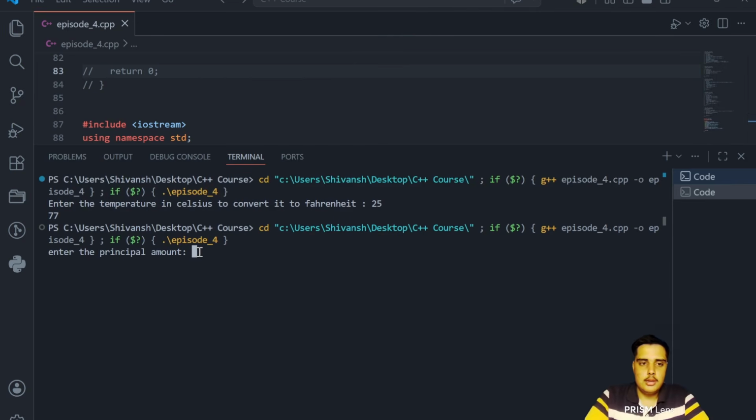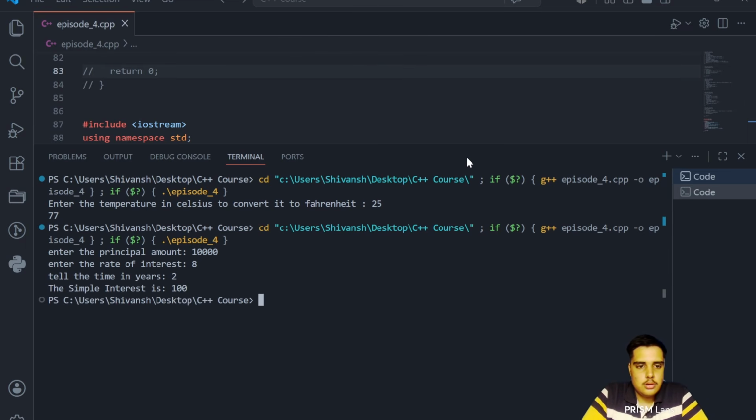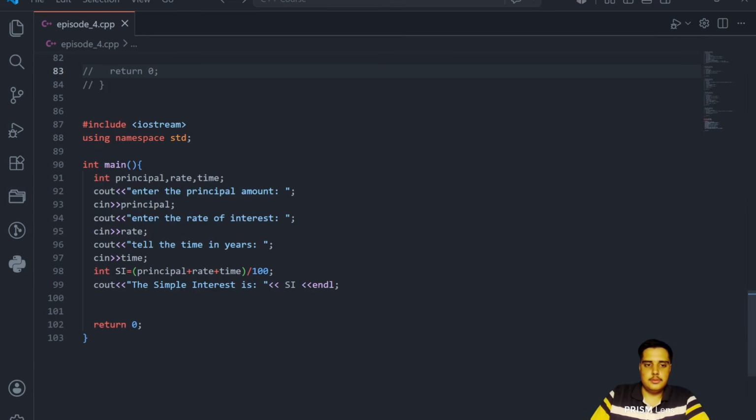I will say principal amount as 10,000, rate of interest as 8, and the time in years is 2. So simply the rate of interest is 100 coming here, and the thing is why it is coming 100 here,